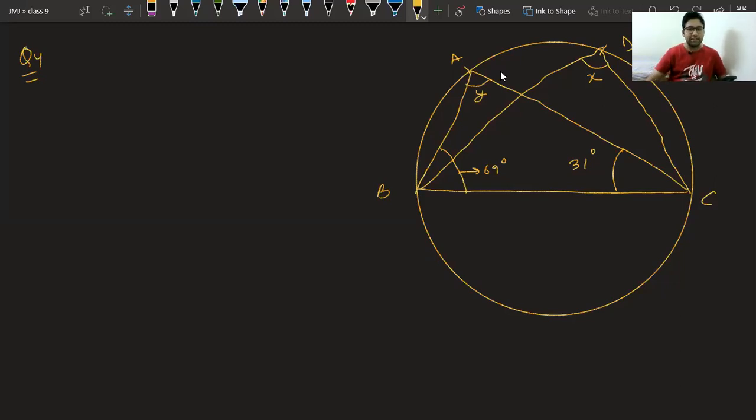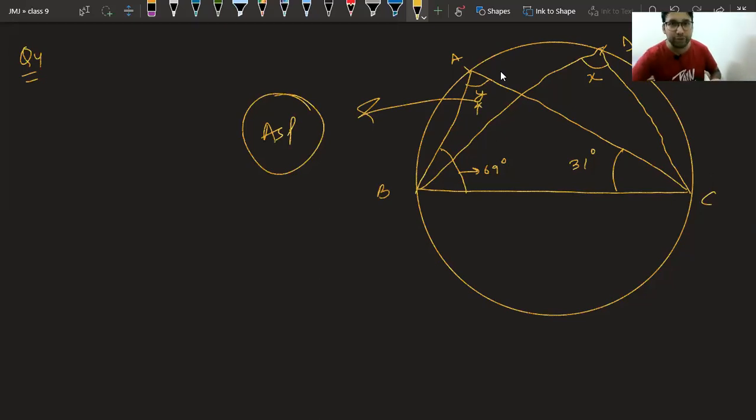So we can say, if I find this angle Y, my work will be easy. I will go to triangle ABC. First, I will find angle Y by the angle sum property. As soon as I find angle Y, after that I can say it is equal to X, and with that I am done. Stopping the recording for the discussion.